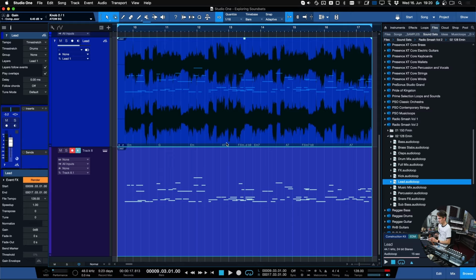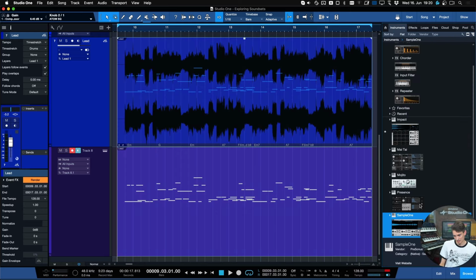So if you would beatbox, for instance, you could also translate that into MIDI. And if you have different pitches, then of course Melodyne would also discern between these two pitches. And then if you assign samples to these pitches, you would already have the kick drum assigned at the correct spots, the snare drum assigned at the correct spots. You get the idea. So now that I've extracted this lead from this audio file, I can go ahead and,